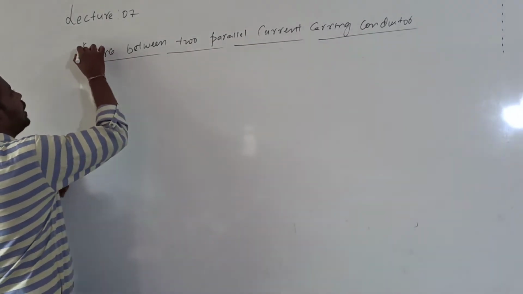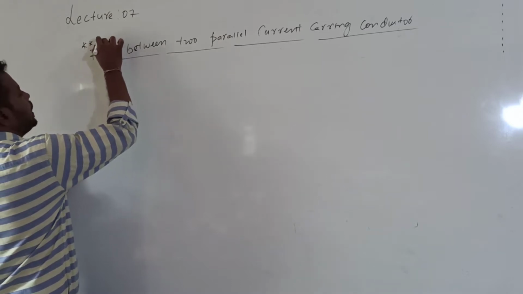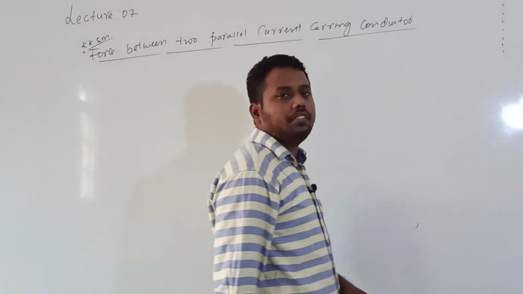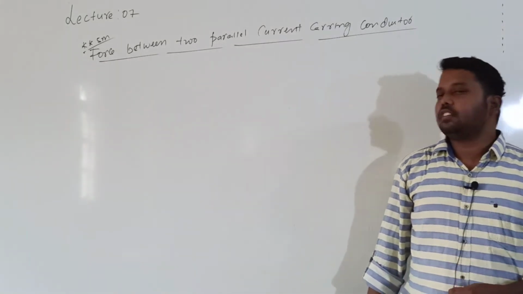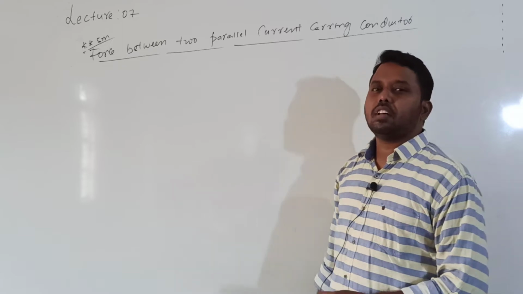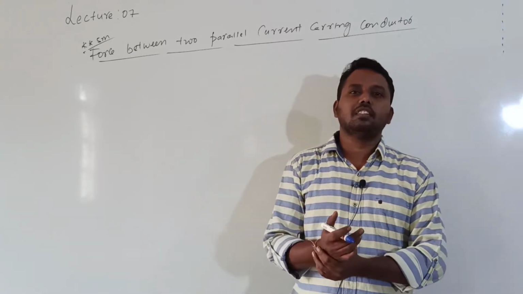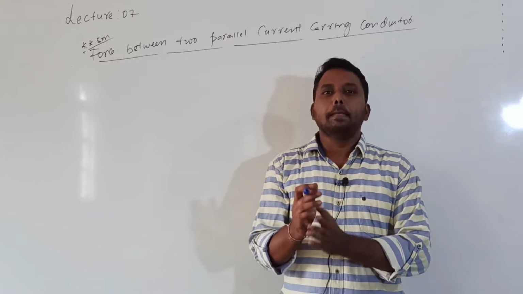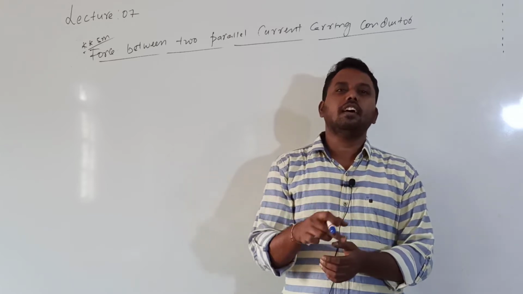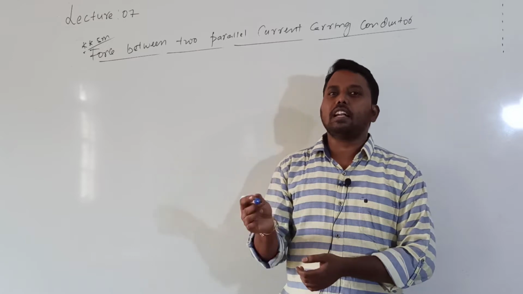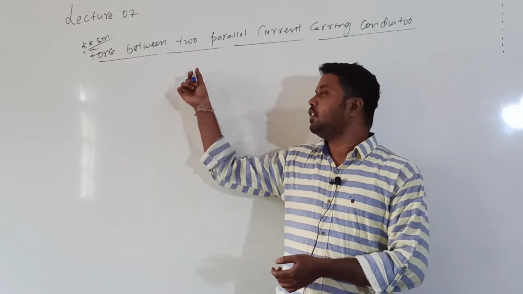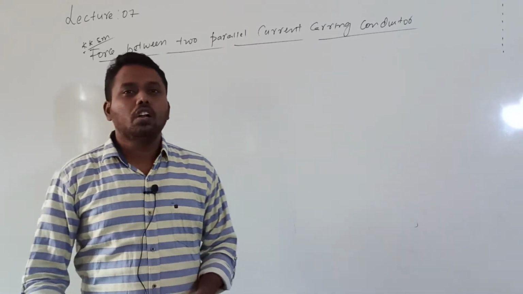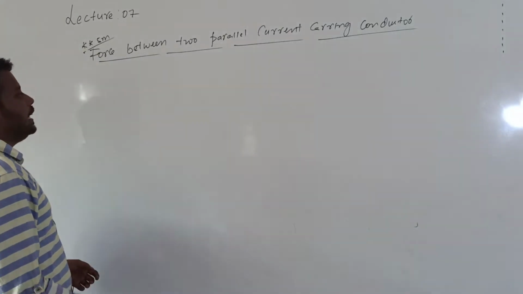It is a very important derivation for 5 marks, many times given as a question. It is the second 5 marks question of this chapter. So which is the first 5 marks question we got in this chapter? Till now we have discussed some 3 marks questions, and only one 5 marks question, that is magnetic field due to a circular current carrying coil. The second 5 marks question of this chapter is this one, the force between two parallel current carrying conductors.